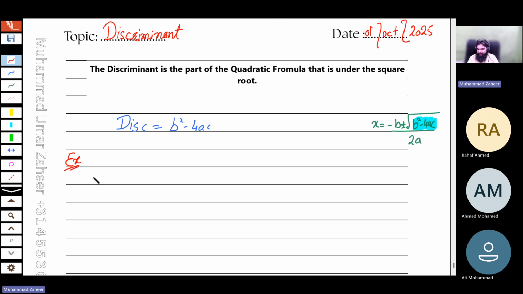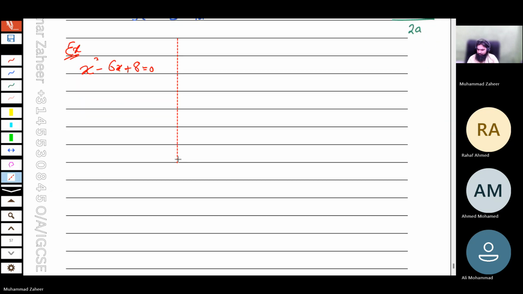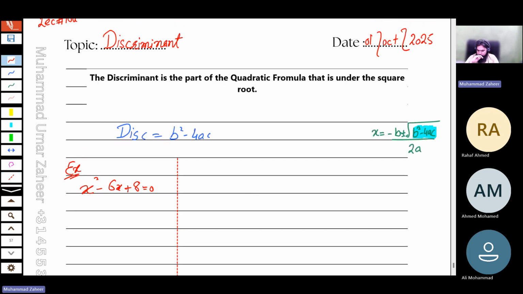Let's say we have an example: x squared minus 6x plus 8 is the quadratic equation. Right, this is the example we are going to take: x squared minus 6x plus 8 is